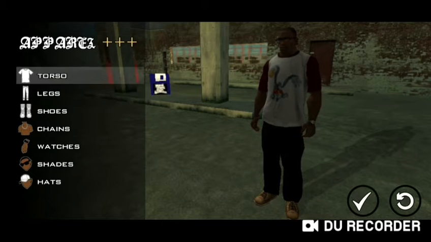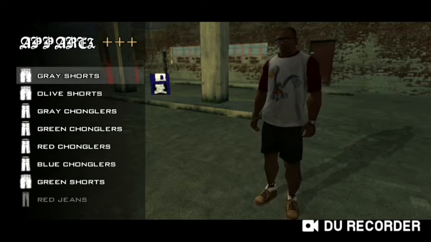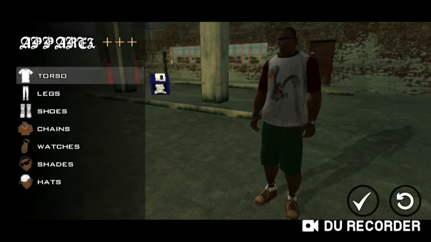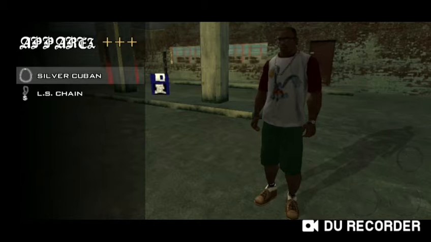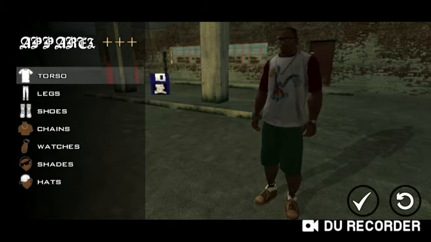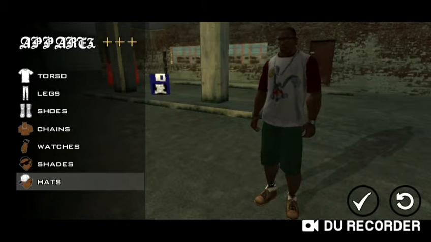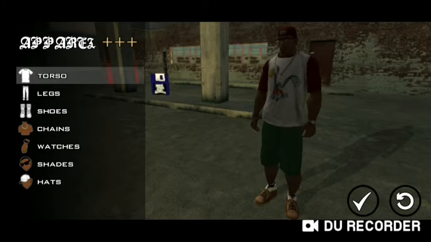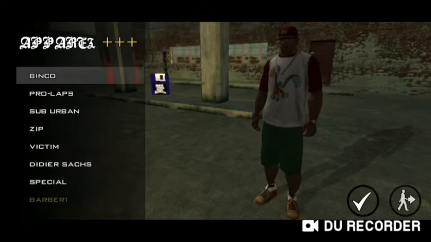Alright, we will take this for legs. Okay, we have chains. We can take any silver chain. Any shades, you have hats. We have a red cap. We can take the red cap back. I'll just keep it, and he already has a shade.